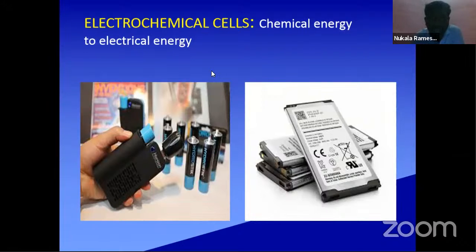Two types of cells are there in electrochemistry. The first one is the electrochemical cell, in which chemical energy is converted to electrical energy. And the second type is the conversion of the